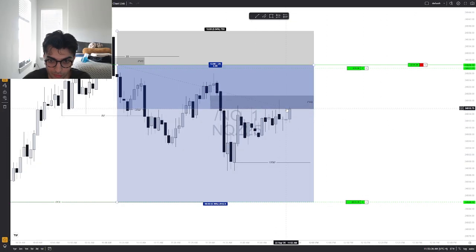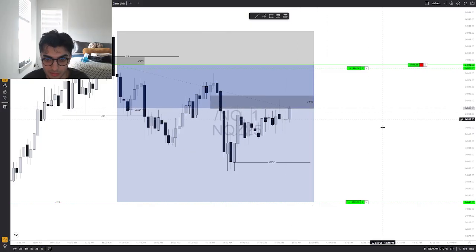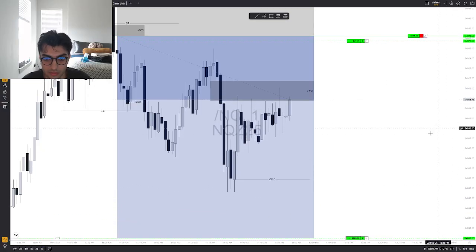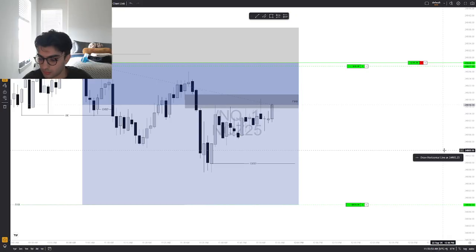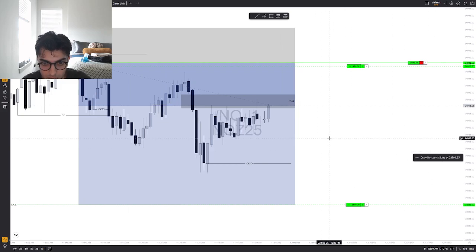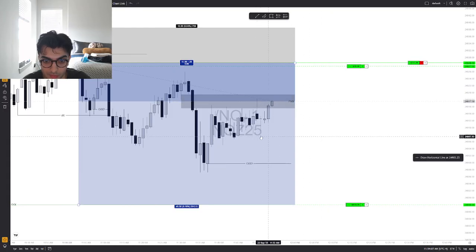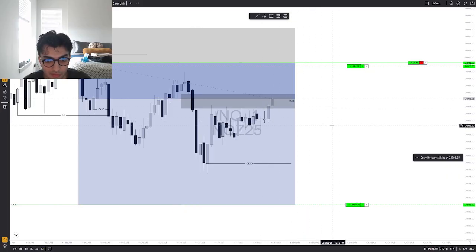1, 2, 3, 4, 5 times we've tagged into this fair value gap. At some point, we just gotta fail, either to the upside or downside. And we have 13 seconds left on this candle. So we closed inside of it. Not good. Not good at all. See how this one we wicked and we just came right back down, but we didn't get any dump here. Closing inside of it means we're accumulating more orders, whether to the upside or downside. So this might get inversed here.